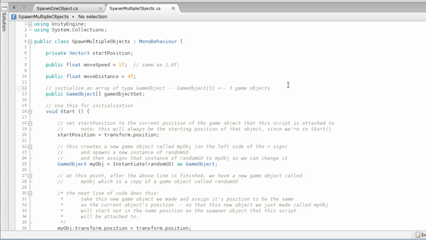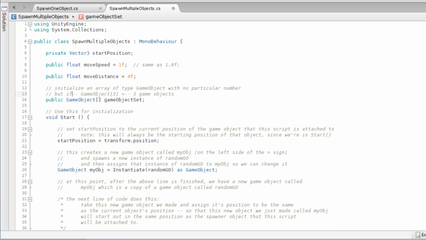And all it is basically just a list. If you can imagine 3 boxes in this case, and each box has a game object in it. That's basically what we're going to do. So we're going to initialize an array of type game object with no particular number. But if we wanted a set number of items, because sometimes you do,